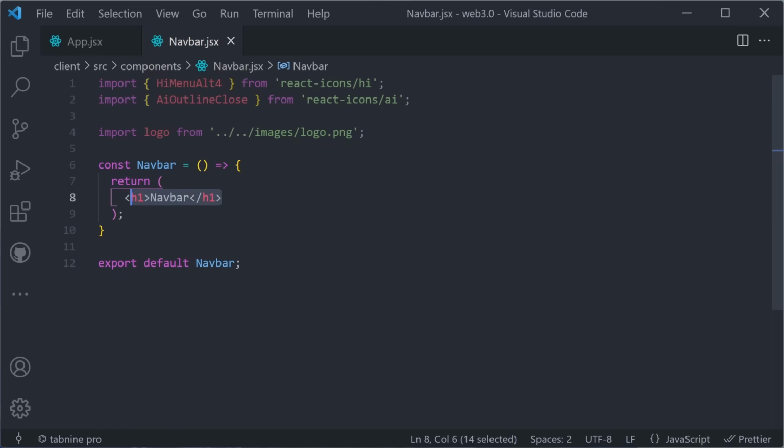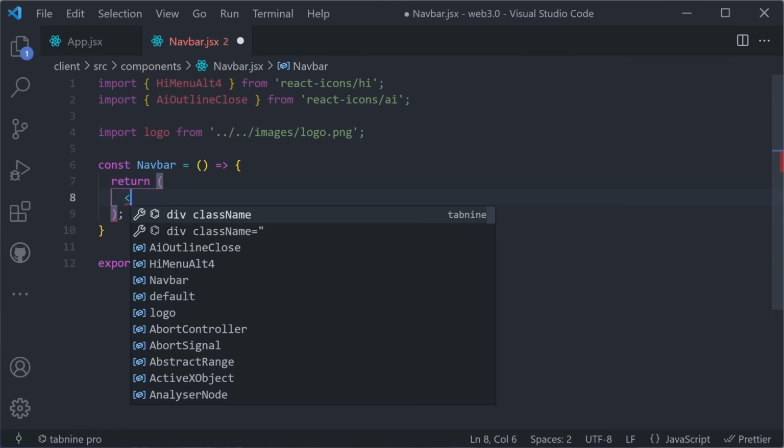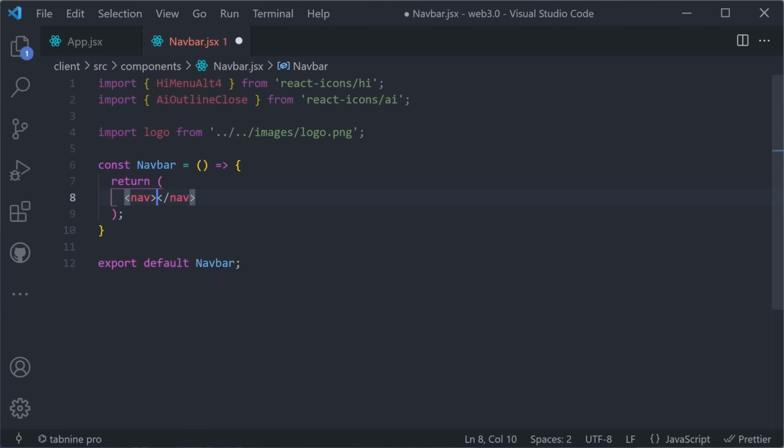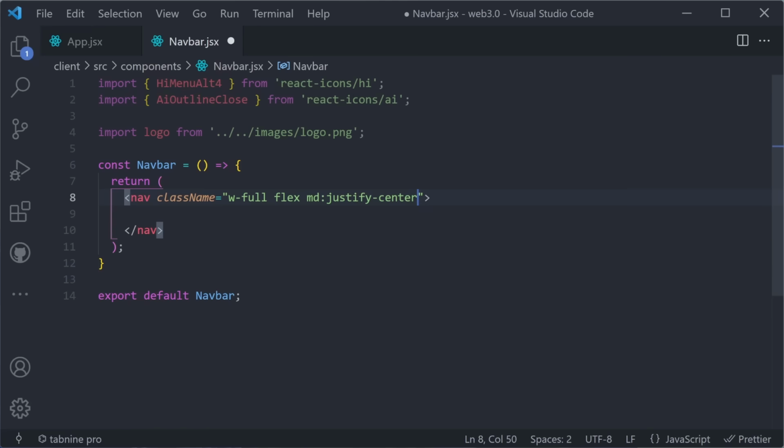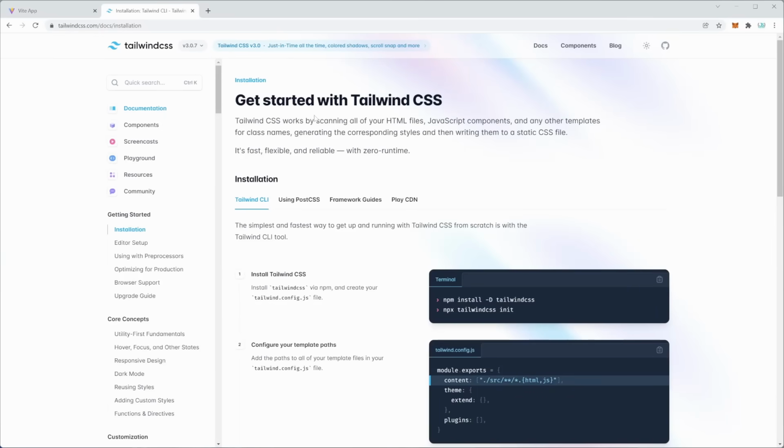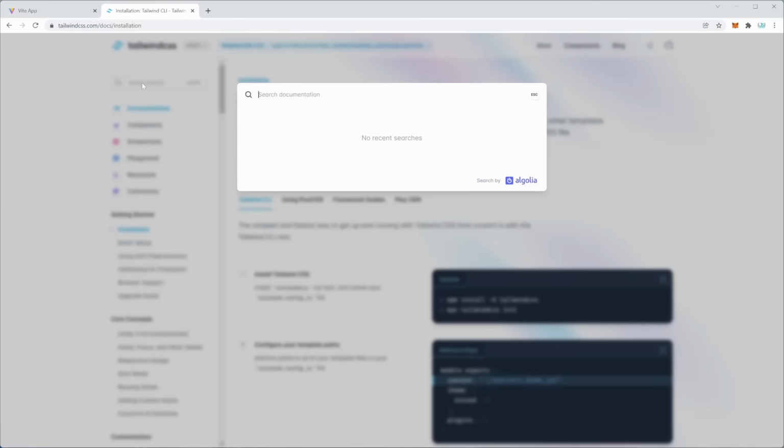Our navigation bar is going to be wrapped with an HTML5 semantic nav tag. That nav tag is going to have a class name equal to w-full flex md:justify-center. And if you're not sure what some of these class names mean, just make sure to check out the Tailwind documentation. If you go to tailwindcss.com/docs, the link is also going to be in the description,